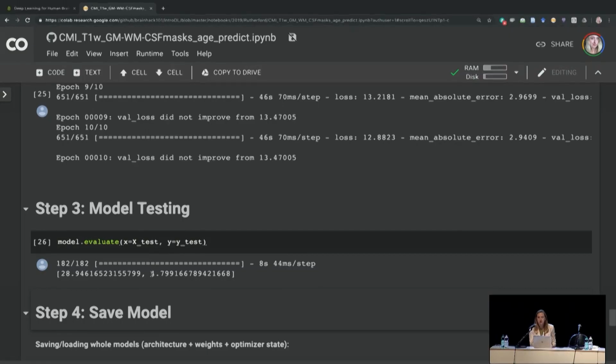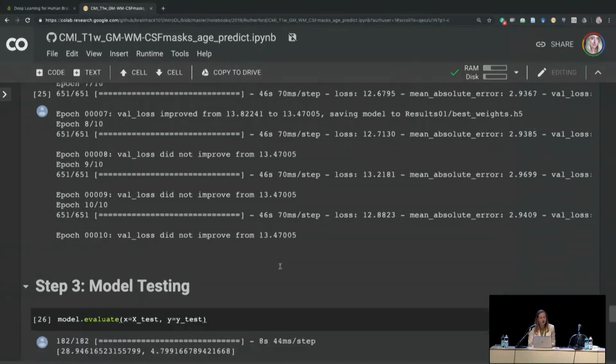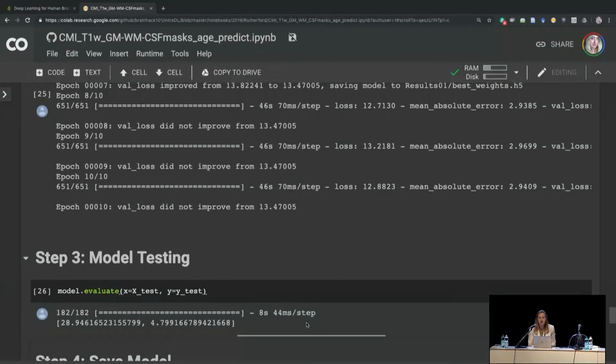I mentioned in the other data sets our mean error was around 2 years. One reason might be that we didn't get through very many epochs. I think in the other data sets I got through at least 30 or 40 before it stopped training. Also, the CMI data set is multi-site, which can be an issue. Maybe there are scanner variances and there wasn't balance across the training and test set.